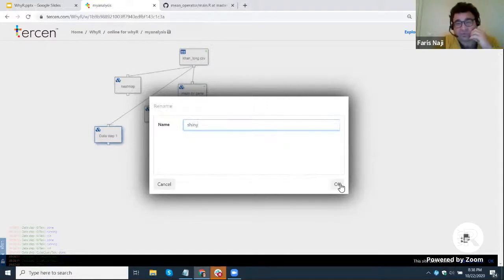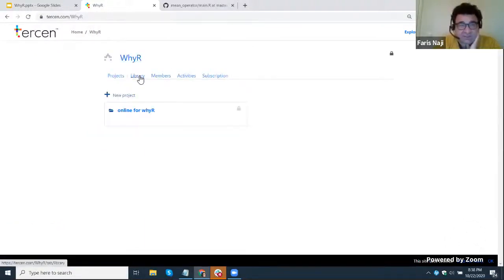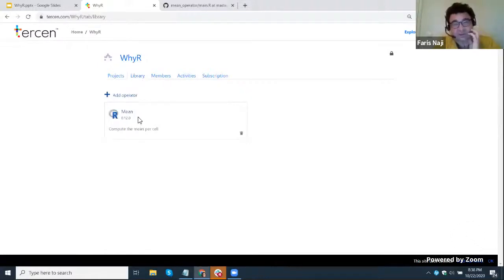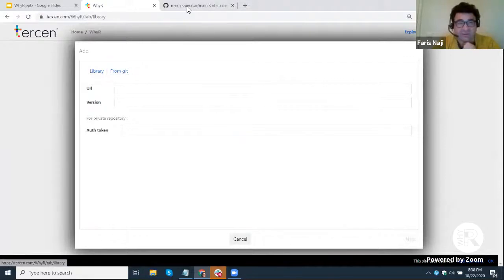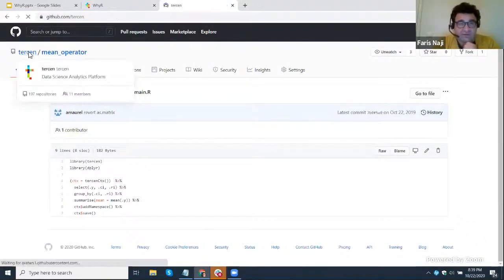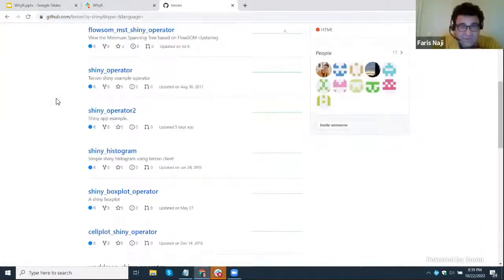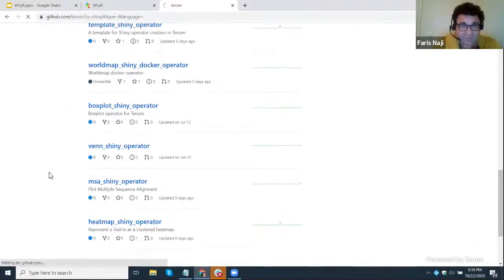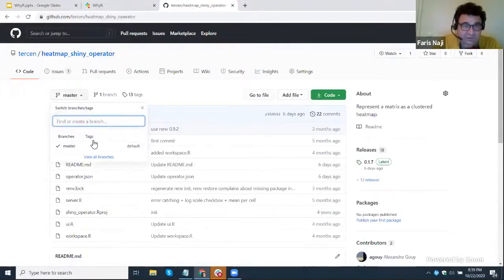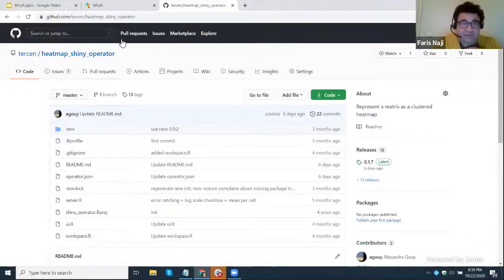I'm going to install the Shiny operator first, because in this Tercen team there's only one operator available, called the mean. So I'm going to add an operator, and I'm going to take it from GitHub. I'll look for one of the Shinys on GitHub, and I'll just type in shiny here, and I'll take the shiny heat map. There it is, this one. And I look at the tags to see what is the last version. It's 0.1.7. So I'm going to add the Shiny operator,